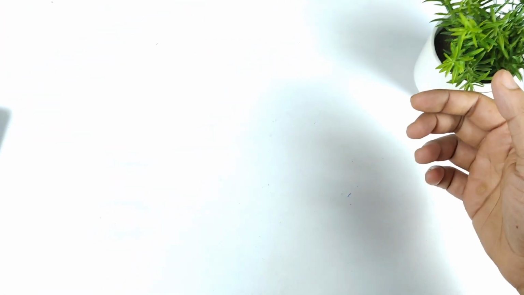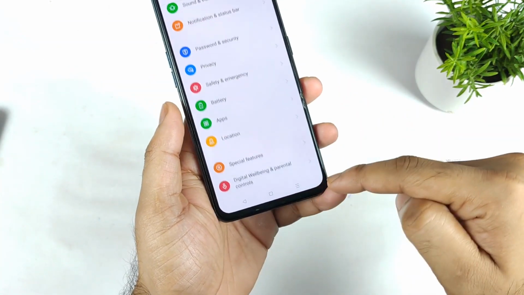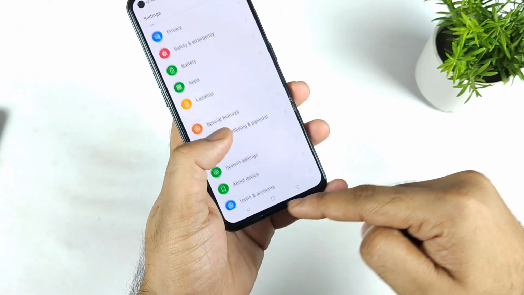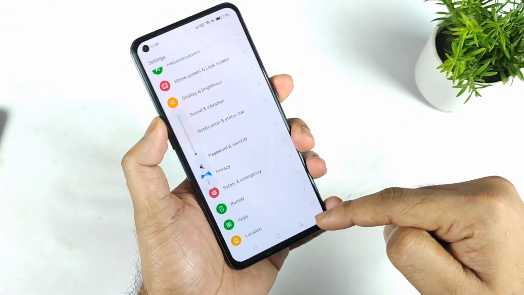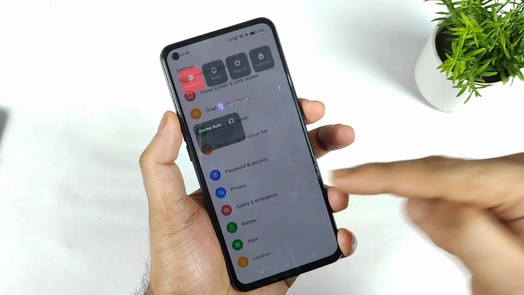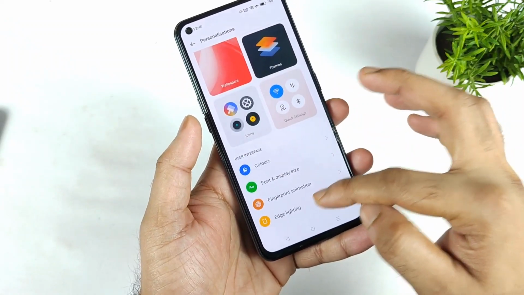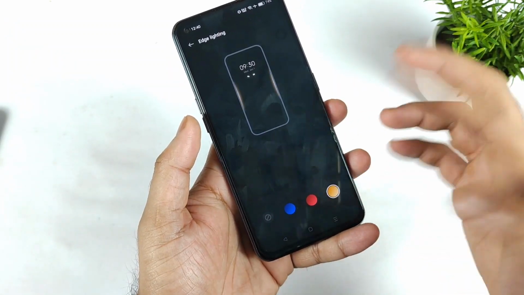Right now the phone got completely restarted friends. Let me check the settings and let's see what happens. I think finally the home button is completely fixed, as you can see. Before updating, you did not see any kind of button, and right now the volume button is also working perfectly fine, and the power menu is also working perfectly fine. Now let me open the edge lighting effect and see what happens. Is it causing any kind of issues? Now there are no issues at all.